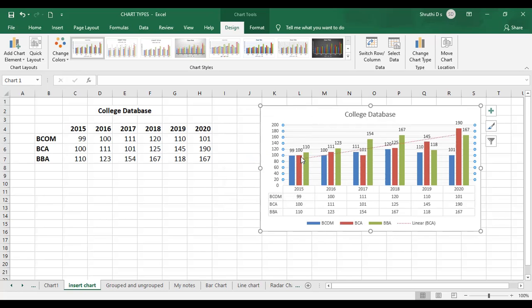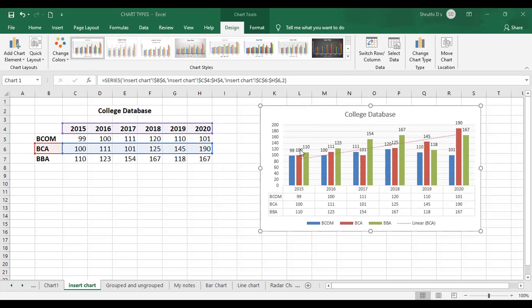See the linear line from here, this is BCA, right? How is it growing from here? That trend line is showing only for BCA. This trend line can be applied for only one column or one row of your chart table. Like this, you can use many chart elements.